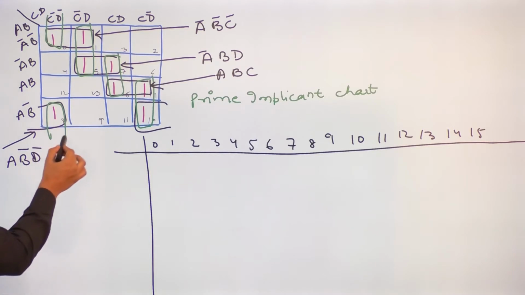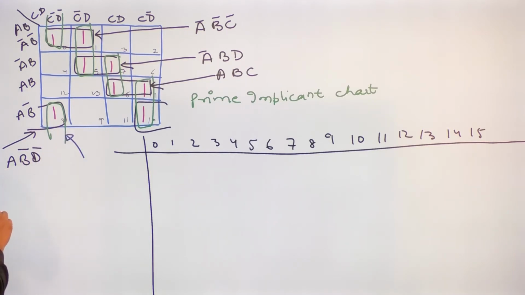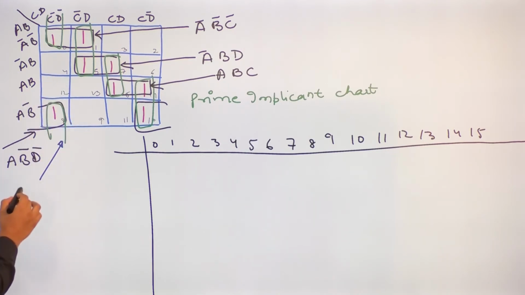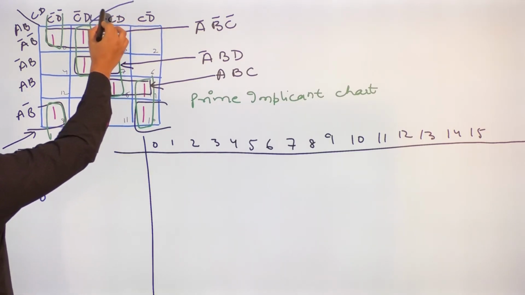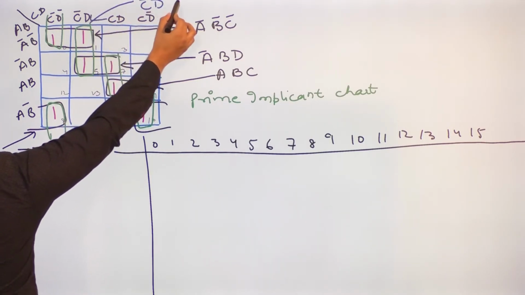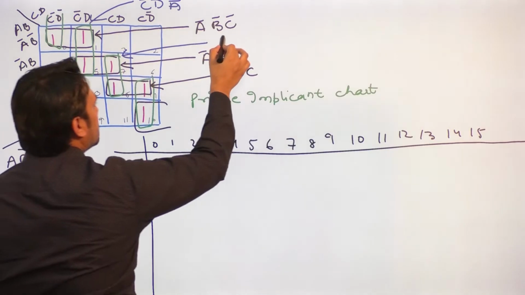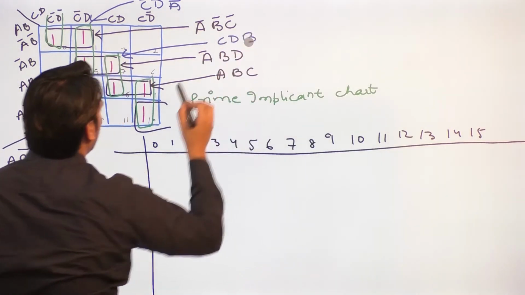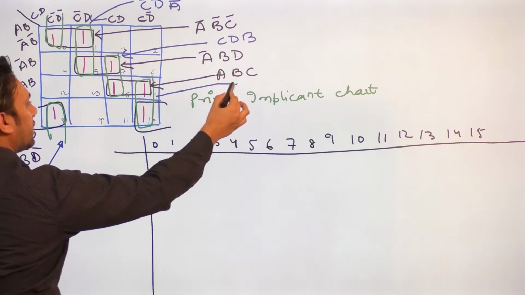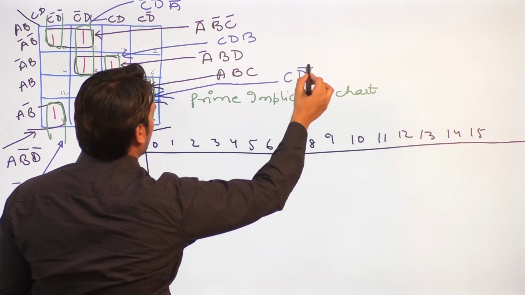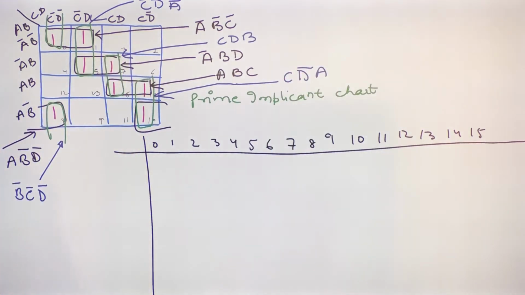ठीक है, so this is the green one. So I think I do not have a space there. Let me write it here. So this is the green one. So this green one is representing C complement, D complement and B complement. Okay, so this green one here, it is representing C complement, D and A complement. This green one here, it is representing C, D and B. And this green one here, ये जो green वाला है, this one is representing C, D complement and we have A.